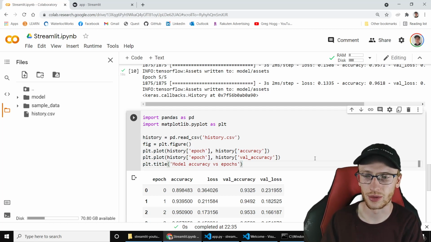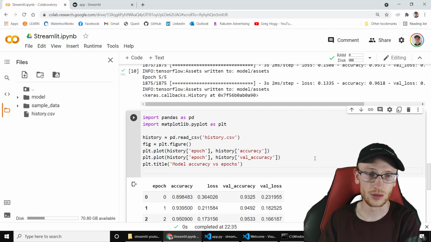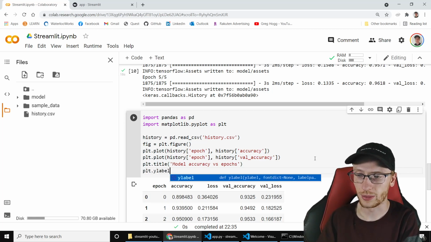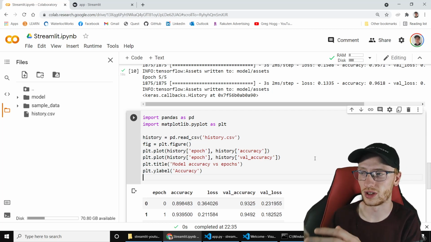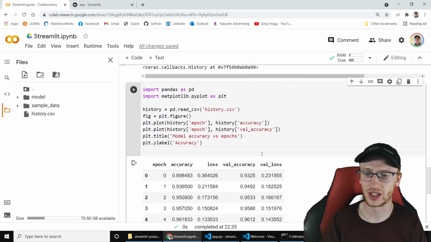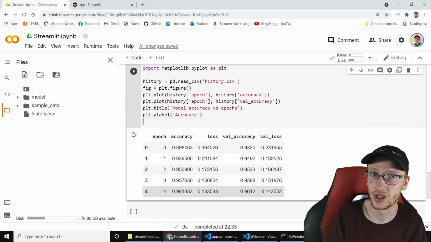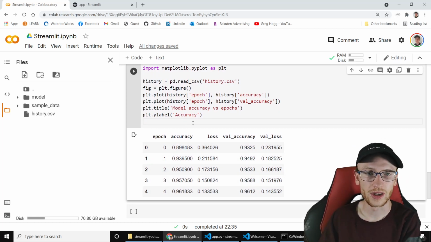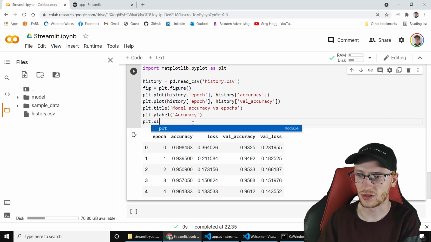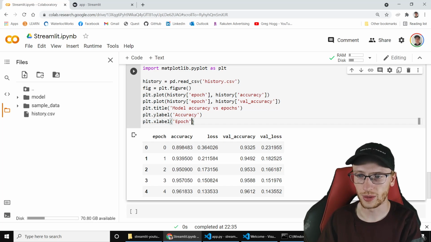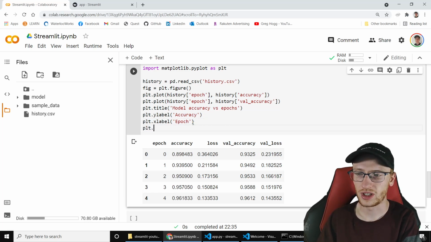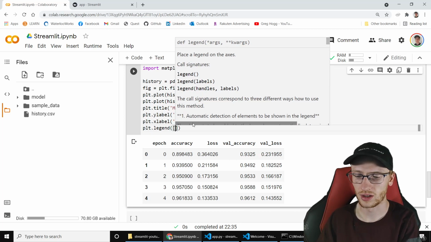which is just basically times through the training set, times through training. And then we're going to do plt.ylabel is going to be accuracy. Okay, and it's basically a percentage, but that's a little bit obvious. If it's not obvious, then basically we're just saying this has got 96% of them correct. Okay, so accuracy, and plt.xlabel is going to be the epoch or epochs, and we do plt.legend